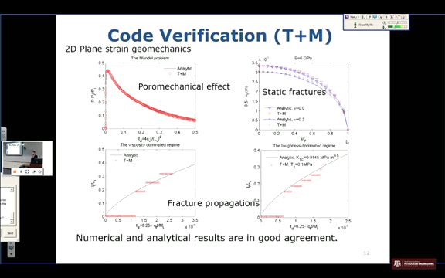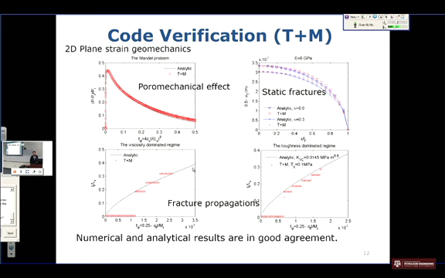For the verification of the code, we introduced 4 test cases. First, we introduced Mandel's problem. Horizontal axis is dimensionless time, and vertical axis is dimensionless pressure. And this hump is called the Mandel-Cryer effect. The second example is the fracture opening for the static fracture, and horizontal axis is fracture dimension, and vertical axis is fracture opening. And also, we introduced 2 additional